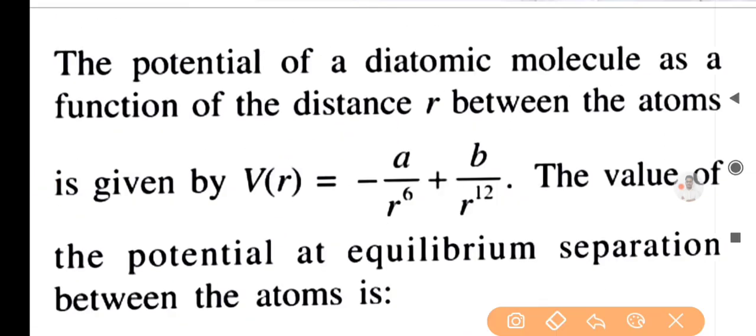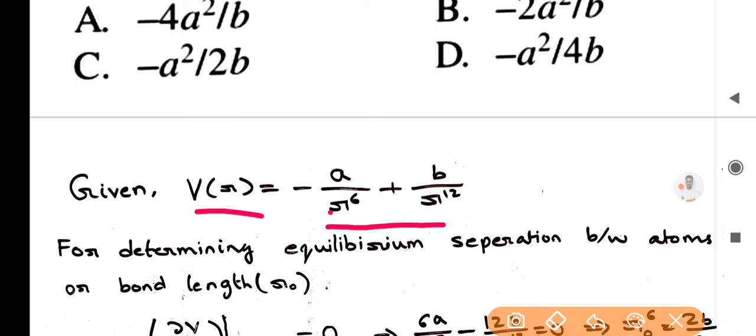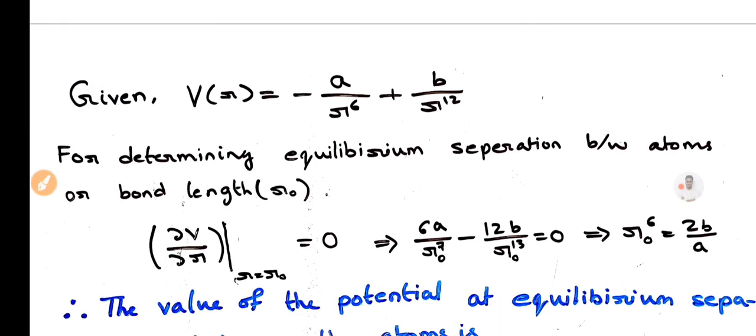So the potential is given here, V of r equals minus a divided by r to the power 6 plus b by r to the power 12. Firstly, you have to find the bond length, that is the equilibrium separation between the atoms. So what is the method? For determining the equilibrium separation between atoms or bond length, that is r naught,